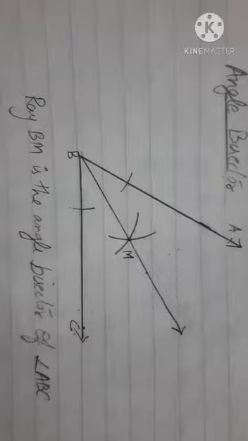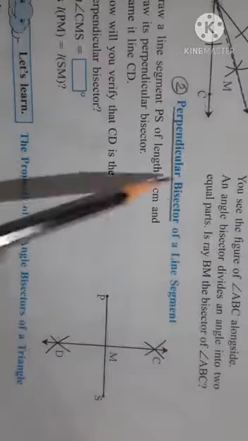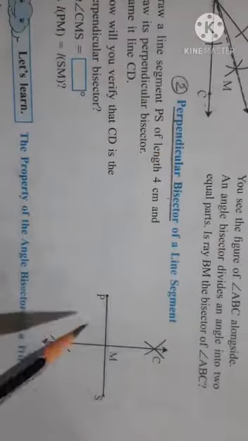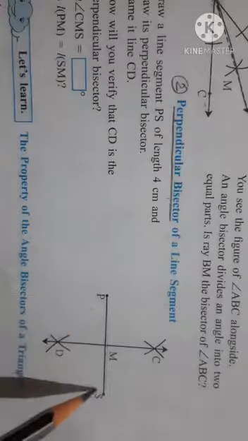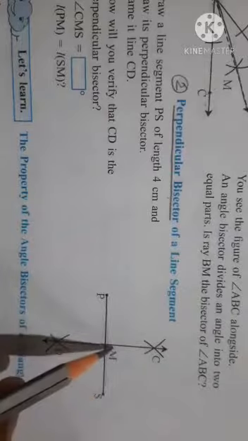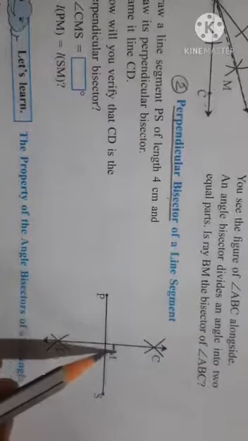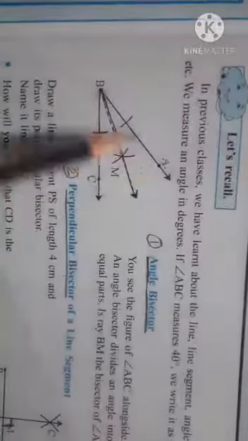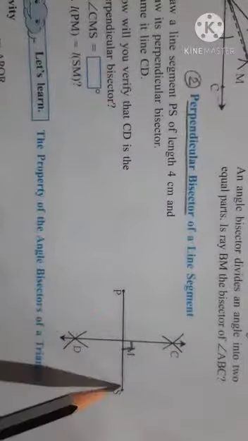Now next we will check out how to draw the second topic, let's recall, perpendicular bisector. Here we have the second topic, perpendicular bisector of a line segment. As given in the picture, first they have drawn a line segment PS, and then they have drawn a perpendicular bisector. Perpendicular bisector means a line which divides the segment PS into two equal parts, and its measurement will be 90 degrees. So that line is called a perpendicular bisector. In angle bisector, we are dividing an angle. In perpendicular bisector, we are dividing a segment, a line segment. Keep that in mind.